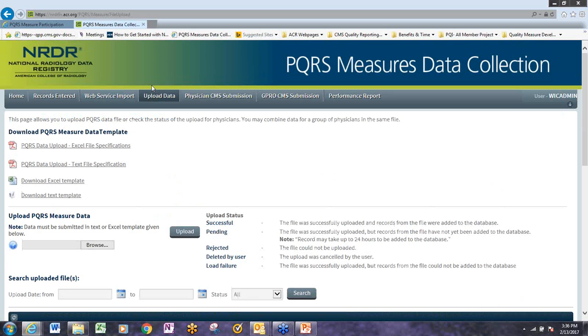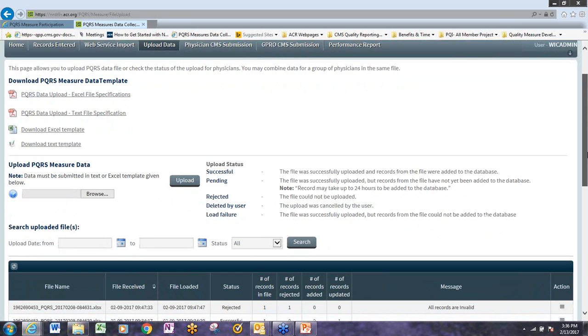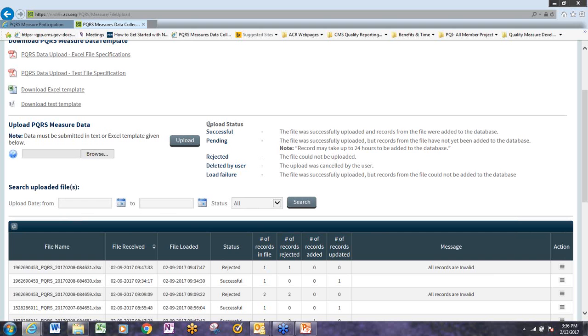So for our upload data tab, this is where we invite you to submit your Excel files as well as your text files for your PQRS measures. So here we have all the templates. I had a few people say, where are the templates? The templates are actually here built into the portal. And then we give you an option to browse your file and upload, and then we give you an explanation